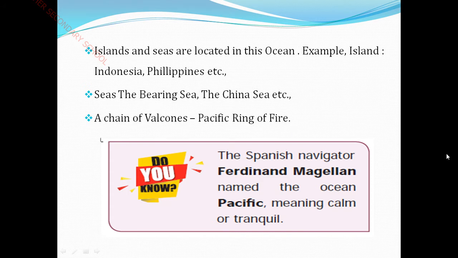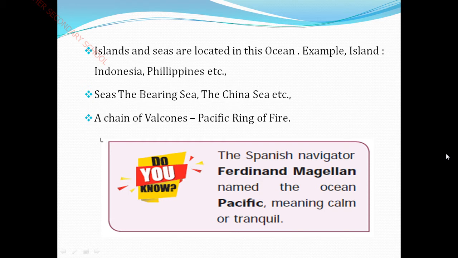See here, the Ring of Fire is a major area in the basin of the Pacific Ocean where many earthquakes and volcanic eruptions occur, in a large horseshoe shape of nearly 40,000 kilometers. It is associated with a nearly continuous series of oceanic trenches, volcanic arcs, volcanic belts and plate movements.